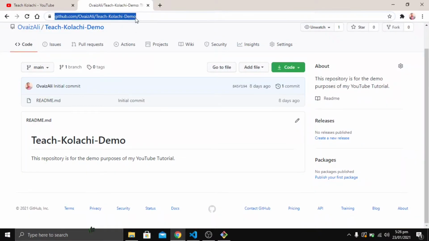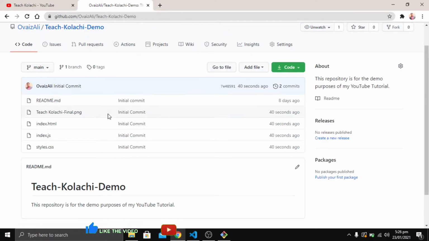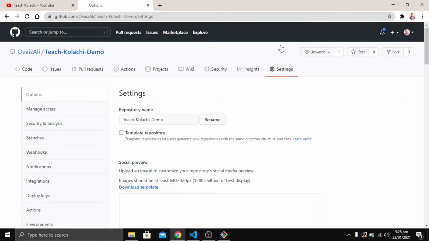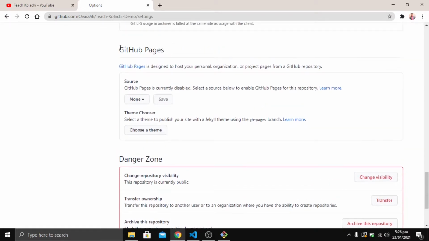After refreshing the GitHub repository on GitHub, we would see that the updated code and all the required resources have been updated on our GitHub. Now let's move towards GitHub hosting. So first we are going to move to settings of that particular repository. We are going towards this heading which shows GitHub Pages.